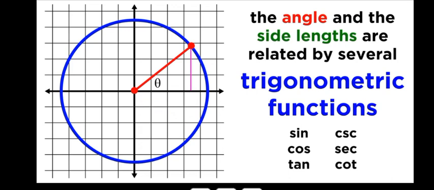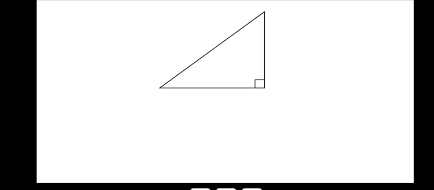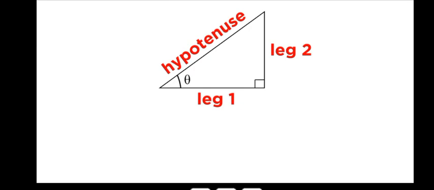To describe the precise relationship between these side lengths and this angle, we can use trigonometric functions. Let's forget the circle for a second and just look at a right triangle. Here are the two legs, the hypotenuse and the angle of interest, theta. From now on, we will differentiate between the two legs by calling this one the adjacent leg, because it is the leg right next to the angle, and this one will be the opposite leg, because it is directly opposite